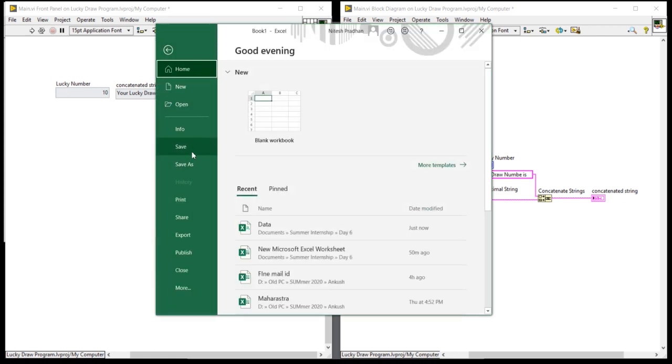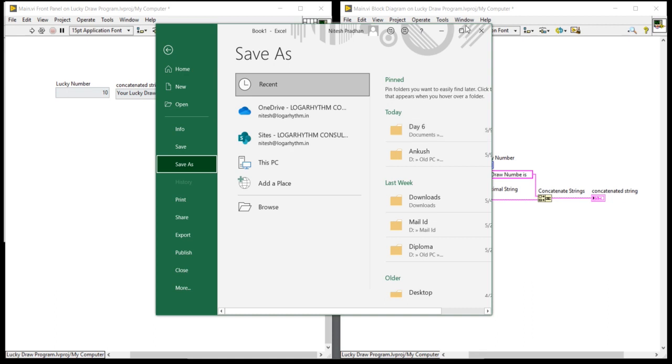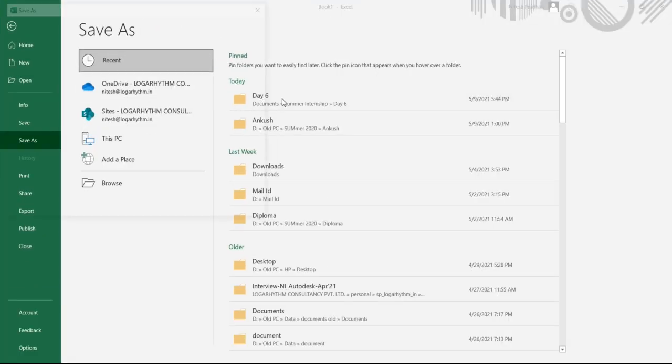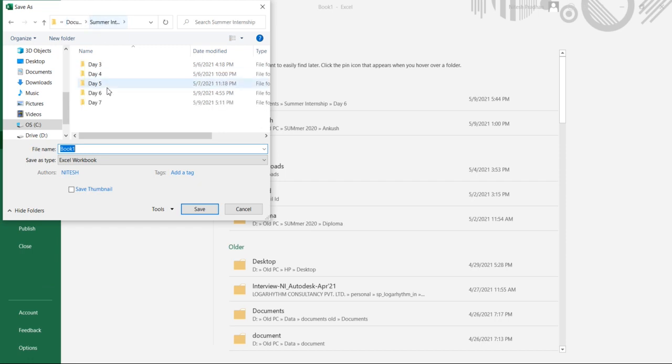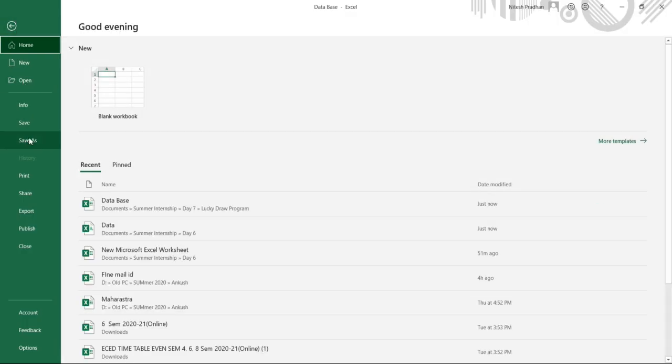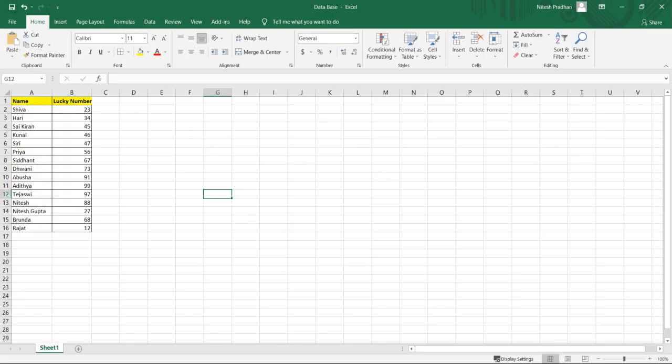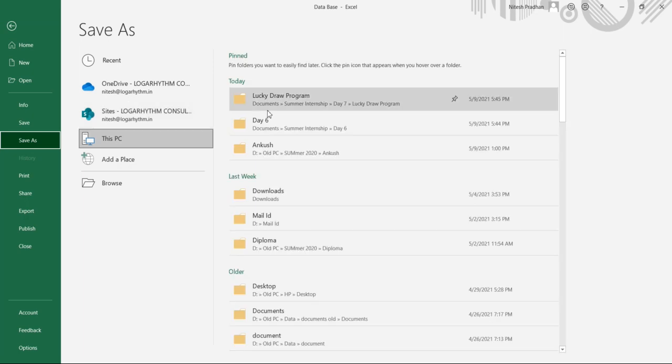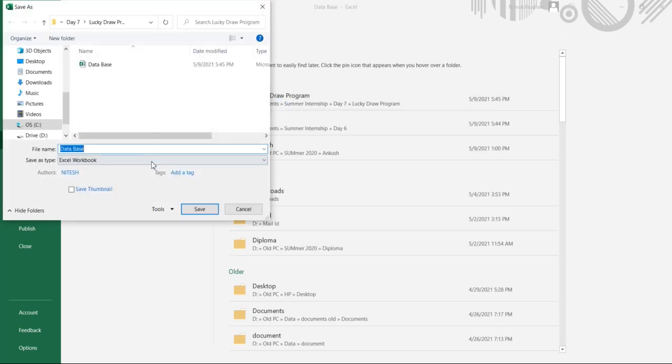I'm going to save in this PC, inside the day 7, inside the lucky draw program, my database. Now we need to save the same file as a CSV file.